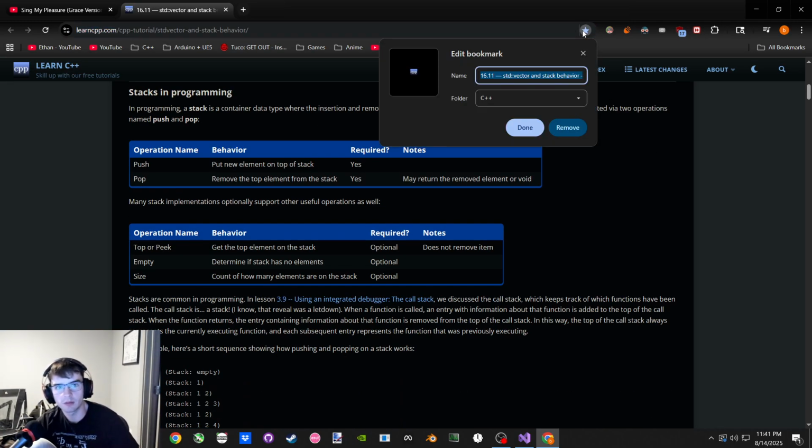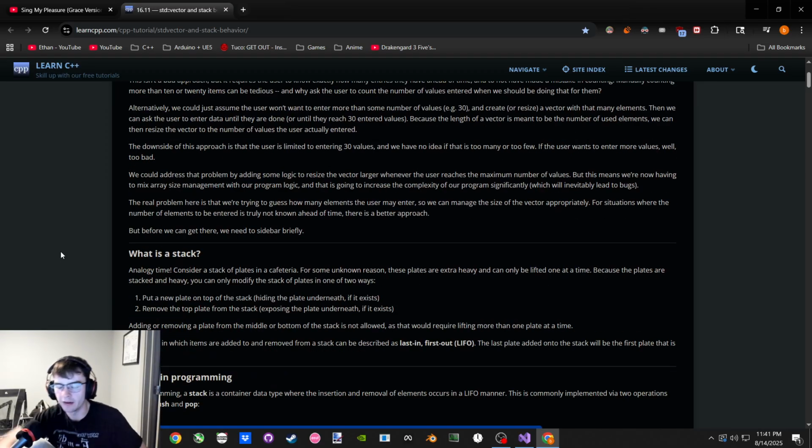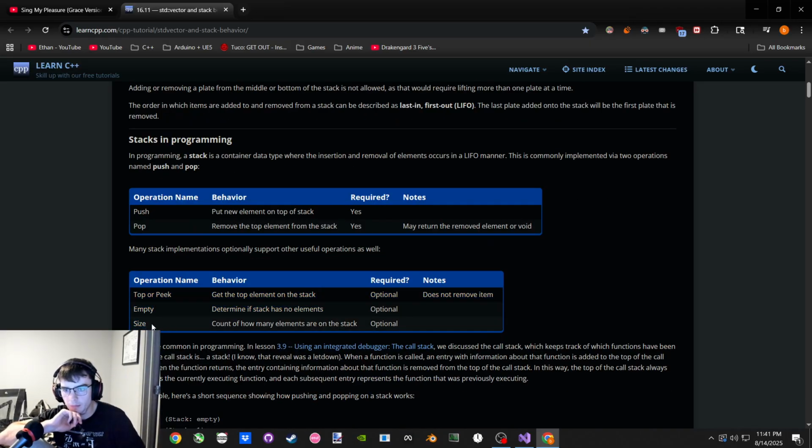Alright, where were we before? I guess not very far, because we had stacks. We had pushes and pops. We had pushing something onto the stack. We had popping. We had peeking to see how much is in there, checking to see what the next one is without actually removing it.